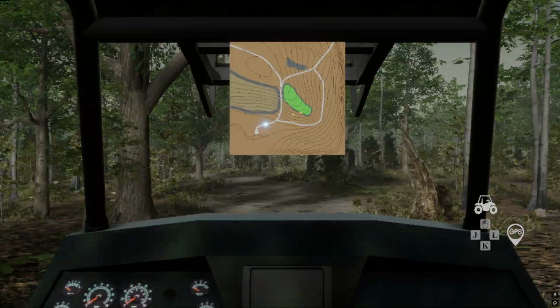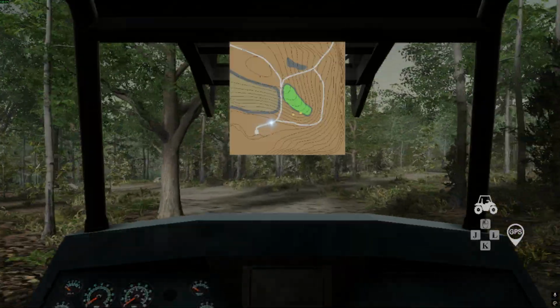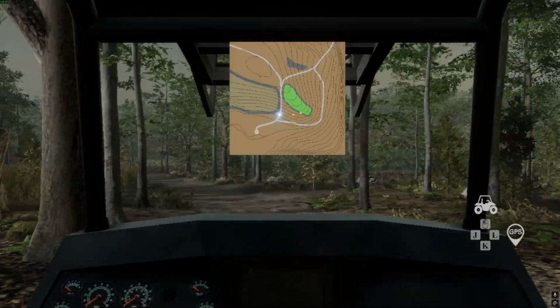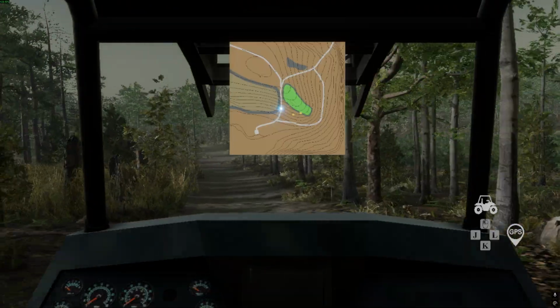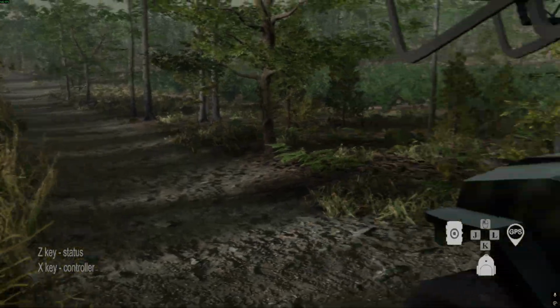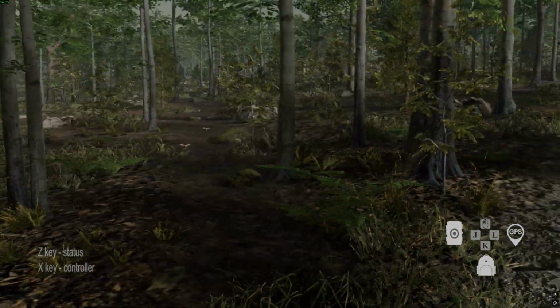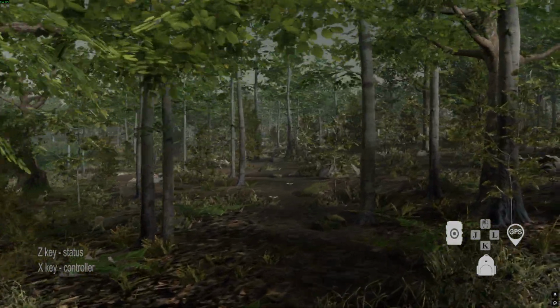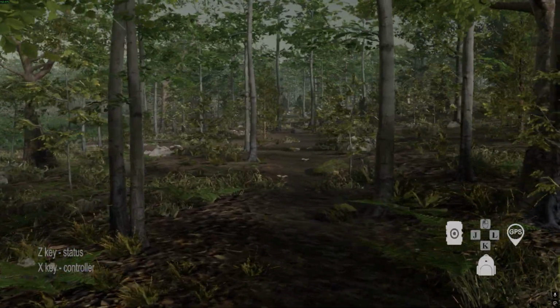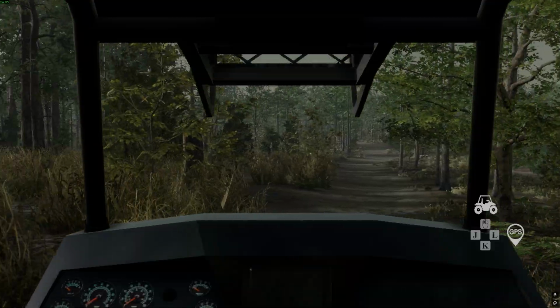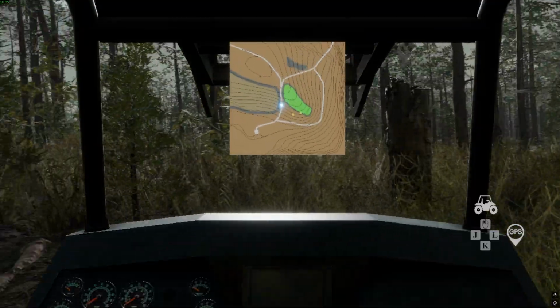Being able to create your own maps on this just makes this game so amazing to me. I really enjoy that part of it. It's like all the different things you can create and come up with. It's a lot of fun. So we got some nice trails here. I mean, it's kind of running that same trail there, so maybe we'll